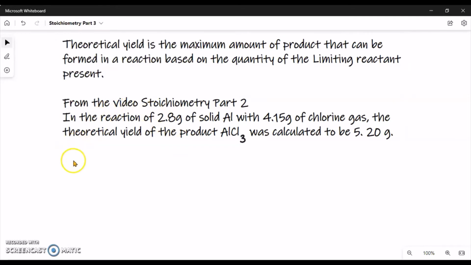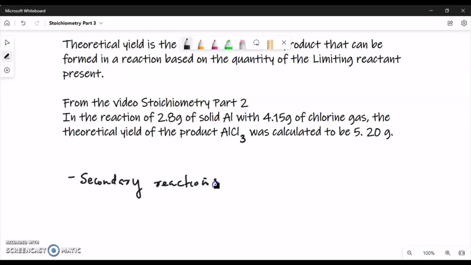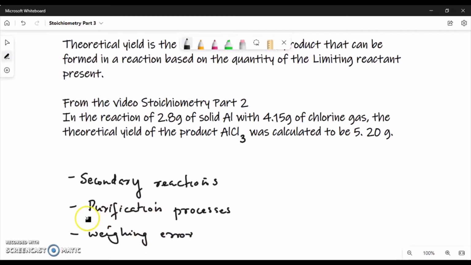This is because of various reasons. Some of them may be secondary reactions can take place. Secondary reactions can decrease the yield of the primary product. Then purification processes may decrease the yield. Then there may be error in weighing out and so on. Weighing error, etc. There are a number of ways in which there can be error during a chemical reaction,